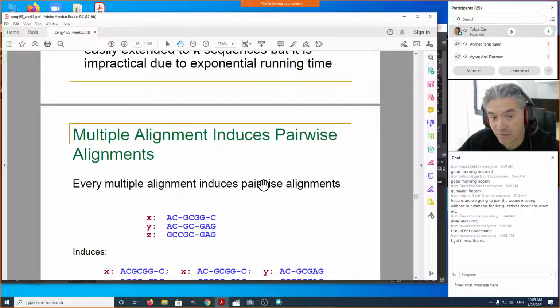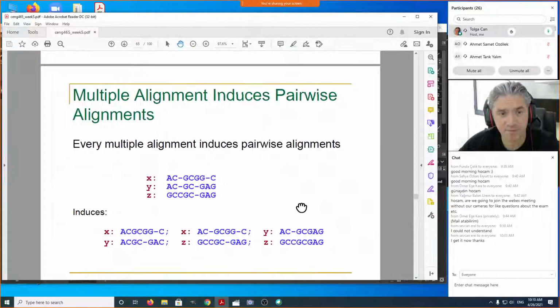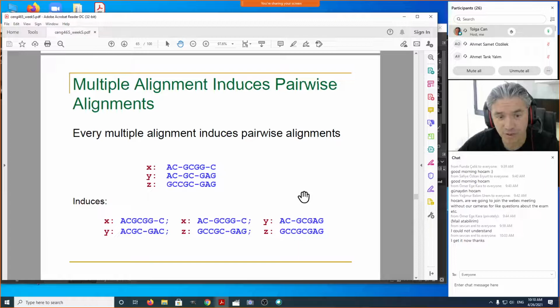A greedy heuristic, we are going to start with a greedy algorithm, and then we are going to start with another algorithm. It may also be considered greedy, star alignment, and also an improvement over star alignment will be the Clustal Omega algorithm that we are going to discuss. So these will be basically the algorithms that we're going to discuss. I'm not going to go into too much detail about Clustal Omega. I'm just going to indicate how it proceeds, and it will be similar to the other heuristics, progressive alignments that we use actually.